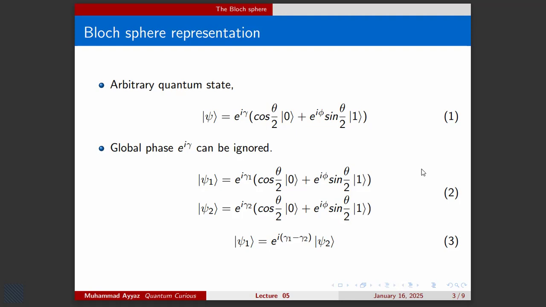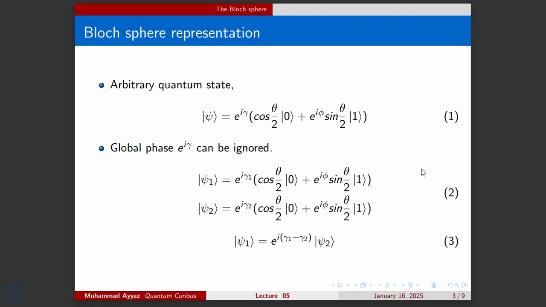So we could successfully ignore it and neglect it in our notation. In order to prove that it is not meaningful to write the global phase with any quantum state,